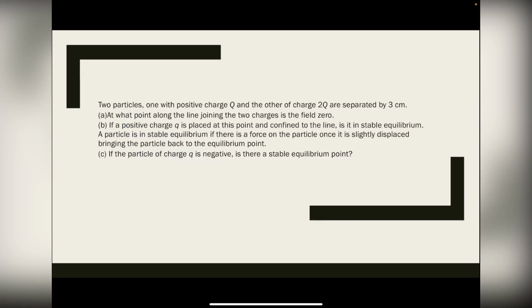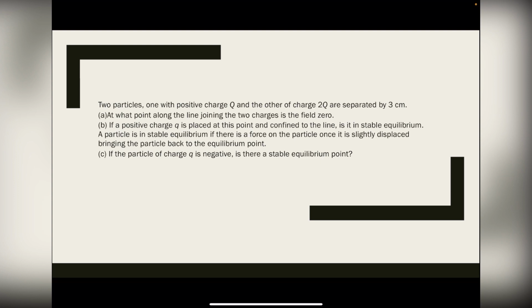So, the physics problem that I was assigned says two particles, one with positive charge Q and the other of charge 2Q, are separated by 3 centimeters. Part A: At what point along the line joining the two charges is the field 0? Part B: If a positive charge Q is placed at this point and confined to the line, is it in